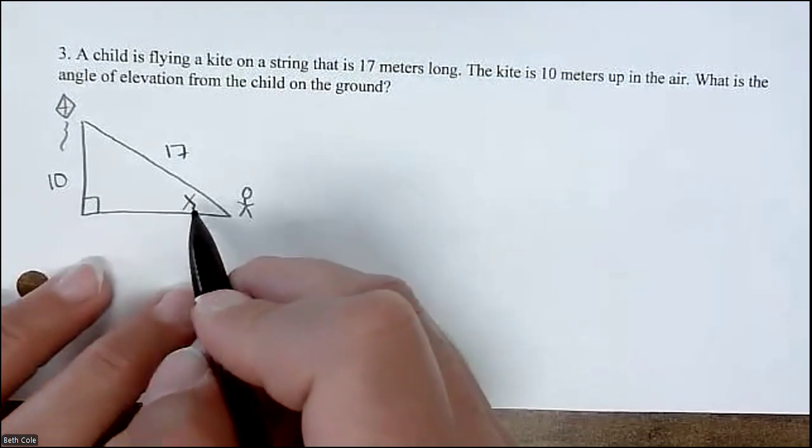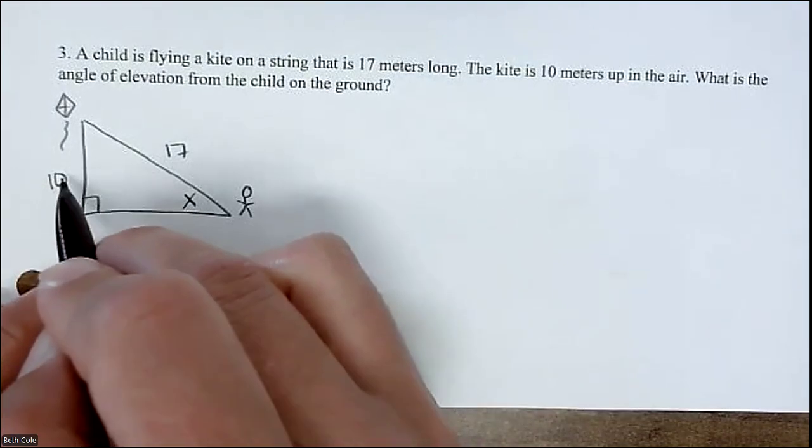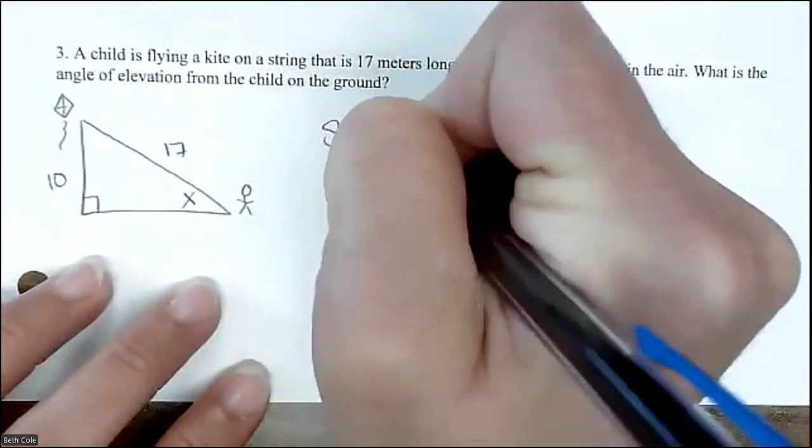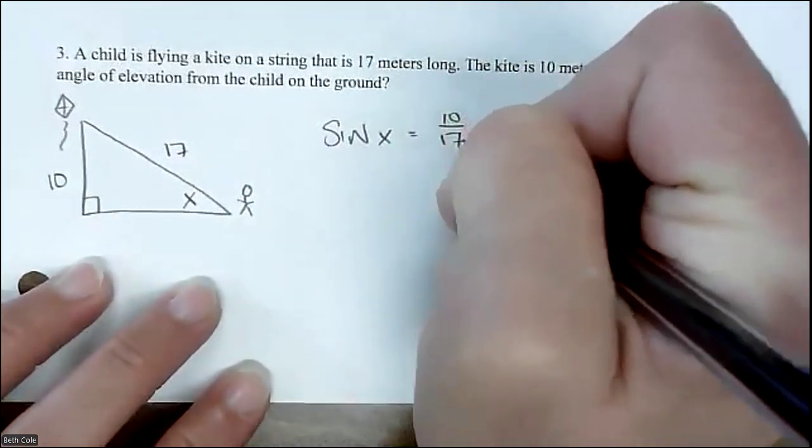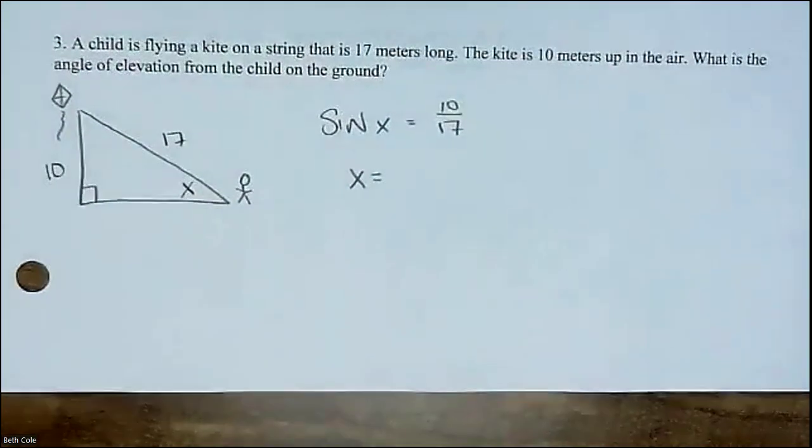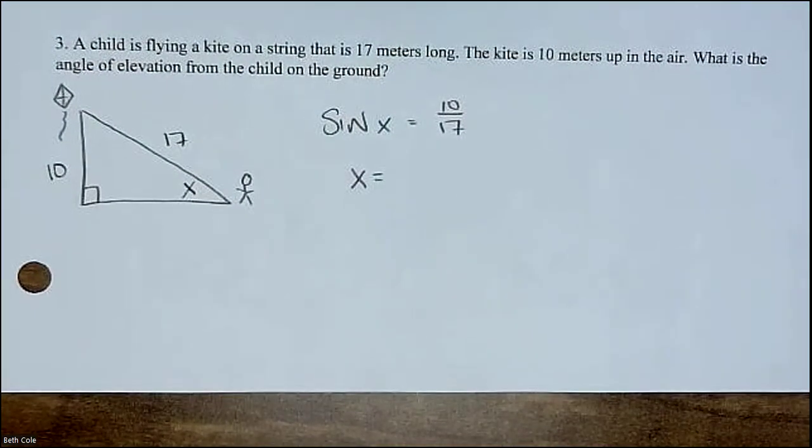Sine, cosine, or tangent? What do you think? Sine. We have opposite and hypotenuse. So sine of X equals 10 over 17. And I am going to type